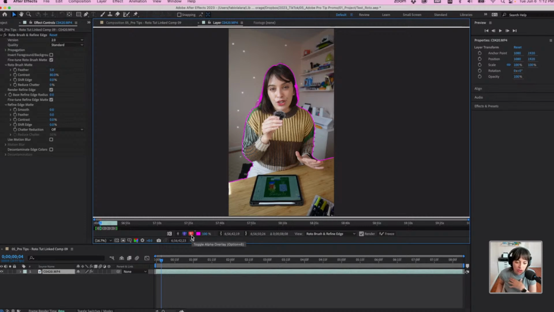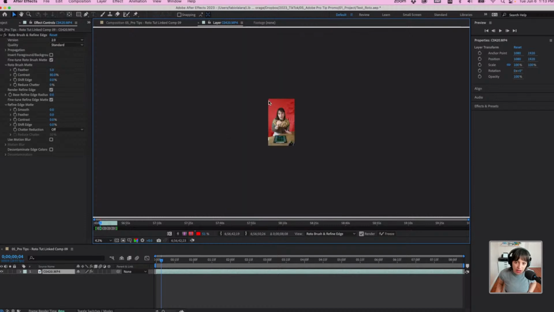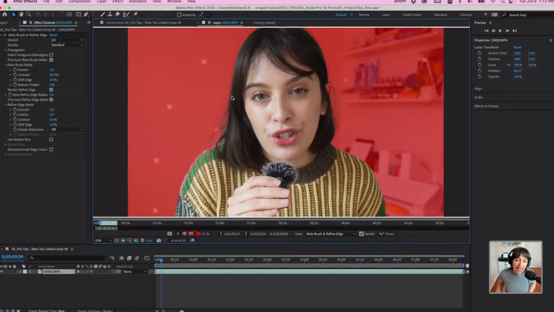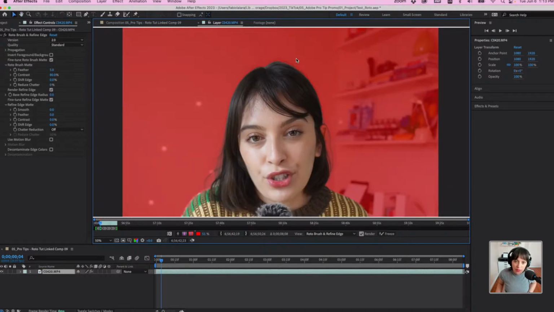Or you have toggle alpha overlay, which has this red overlay, and you can actually change the color of this and also the opacity of this. I liked it where it was at, but this one's really good because you can actually start seeing how it's going to look, and look how clean and nice my hair looks. Obviously it looks really natural. It kept some of just the texture of my hair,